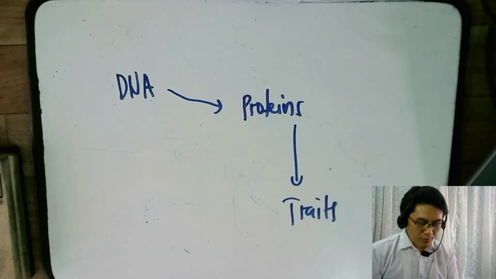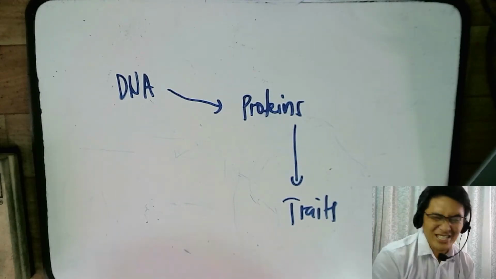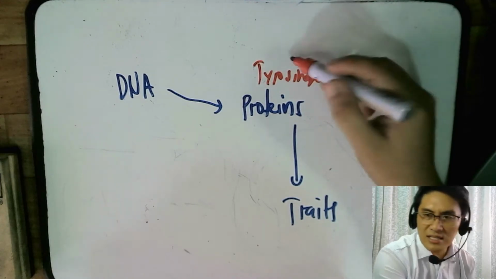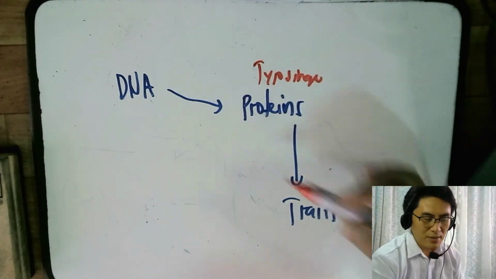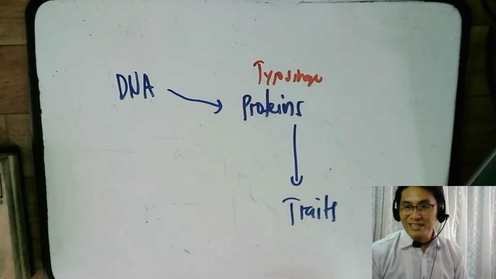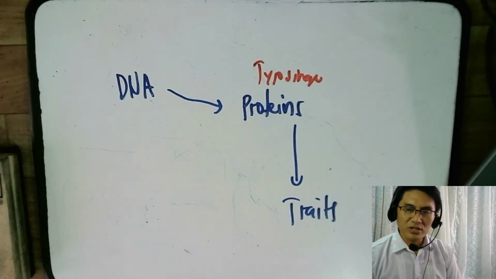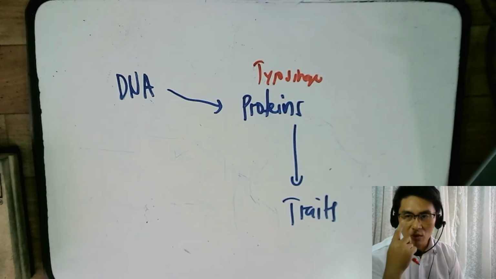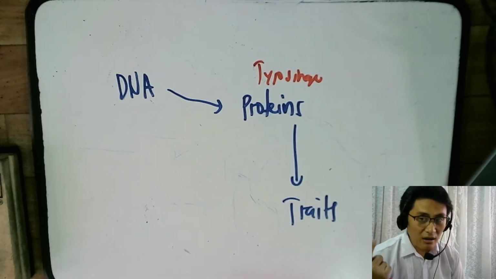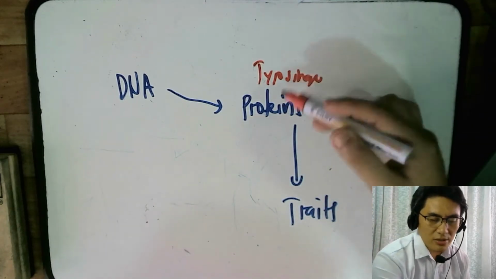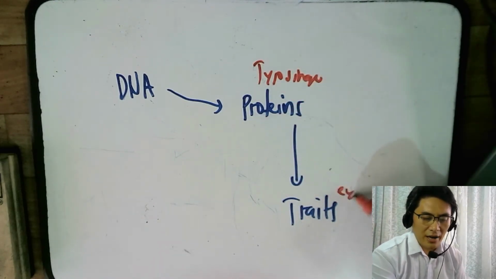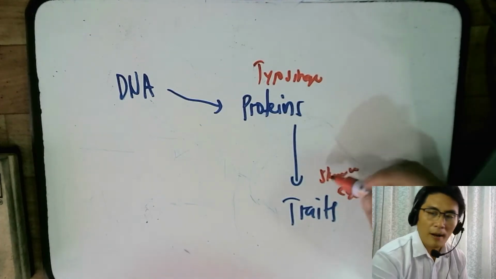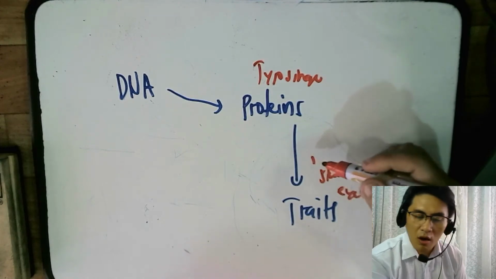Okay? So, for example, you could have a protein, this is just an example, like tyrosinase. Tyrosinase is a protein, and that protein is actually important in, for example, the control of melanin production. And so, when you say melanin production, it could range from the color of the skin to the color of the pigments in your iris or your hair. So, therefore, this protein tyrosinase affects either eye color or skin color or the color of your